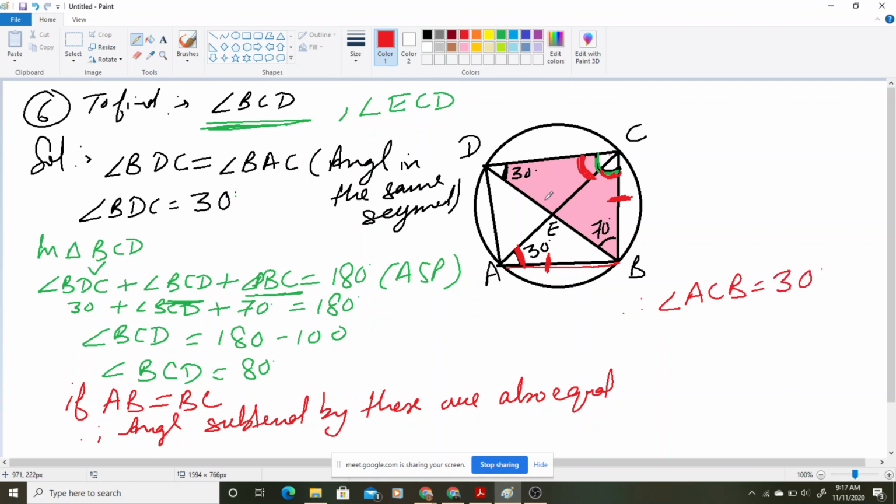मैं यहाँ पे एंगल ACB को 30 लिख सकता हूँ, क्योंकि अगर BC ने एंगल 30 डिग्री सबटेंड किया, so AB will also subtend 30. So I can write it as 30. Okay. Now you know we have to find this one, एंगल ECD फाइंड आउट करना है, हमें ये वाला एंगल